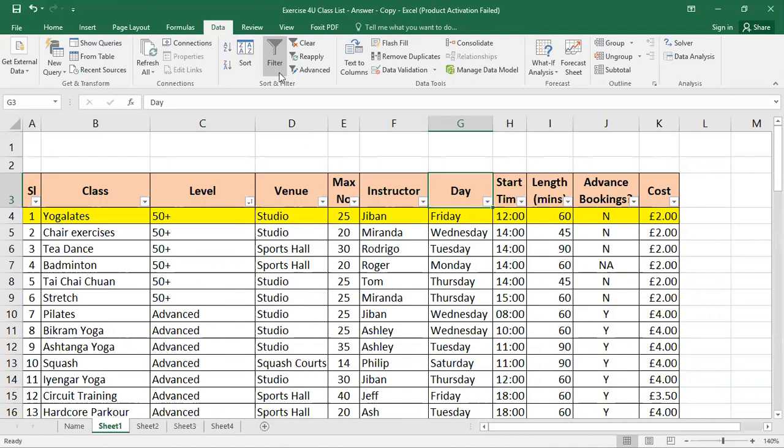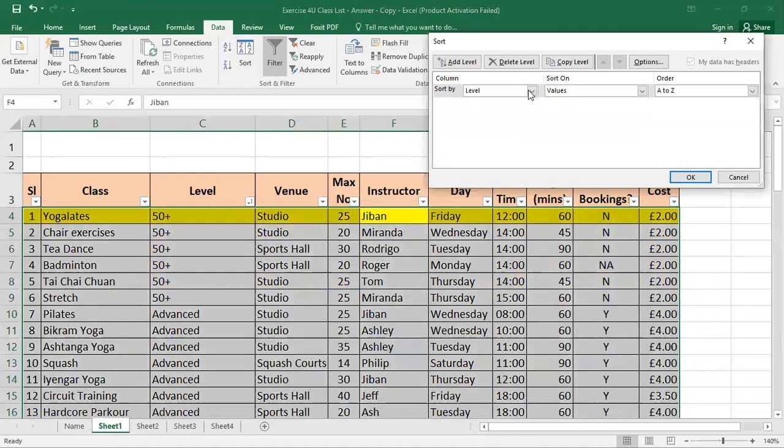Right now, if we want to sort this particular table as per the instructor, I just select the table, then the values, and A to Z. Look here, first it is Annie, then Nash, Ashley.